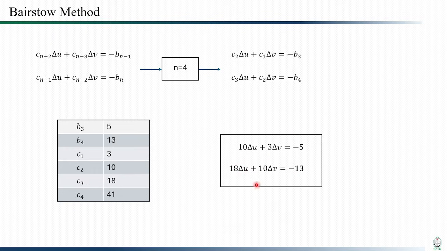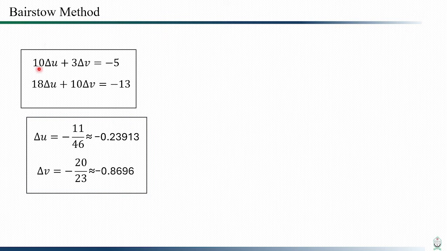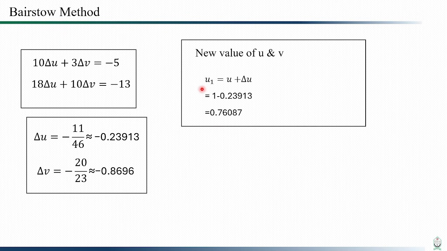Now we have to solve this equation that will give us del u and del v. So this is our prime focus. And after solving this, we get the values of del u as this, del v as this. So we are almost at the end of the first iteration. That means we started with the values of u and v to be 1. And after putting this value of del u and del v into our first assumption, we get our first iterated value of u1, that is